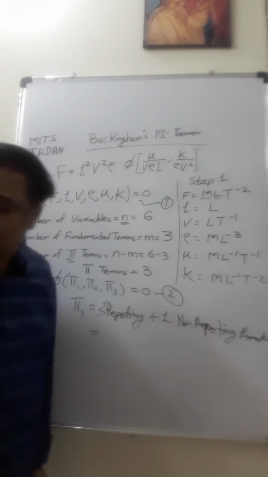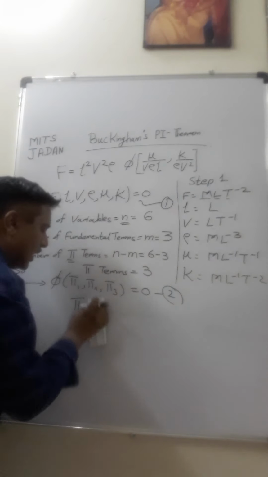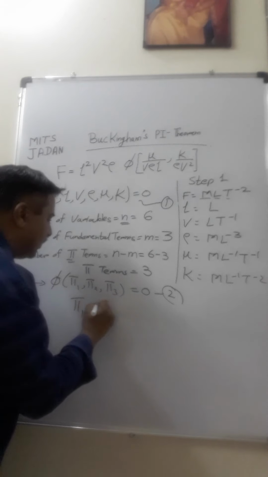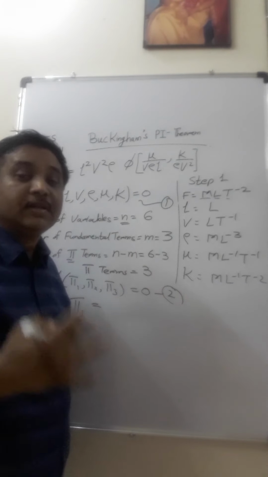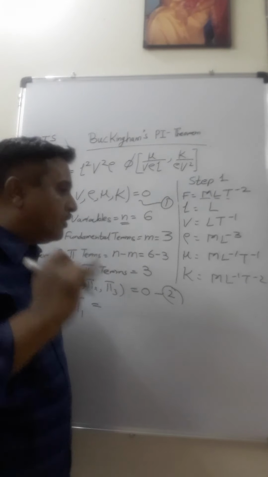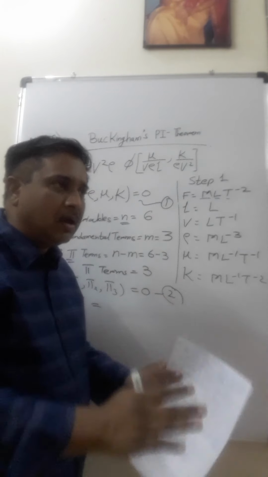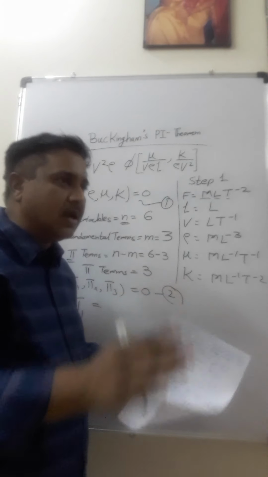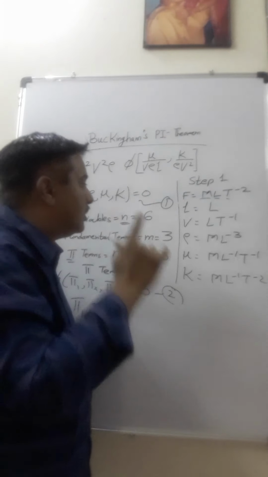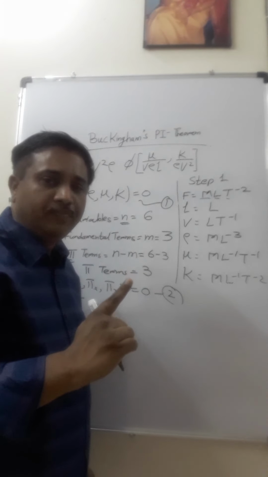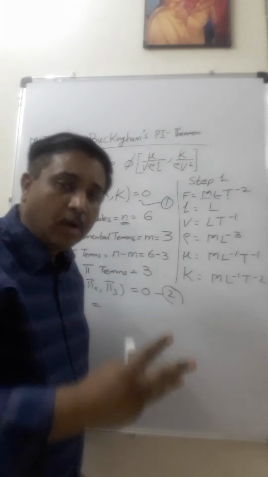Now let us solve this numerical. I am solving the first part. So the repeating parameters. Now how to select repeating parameters? It is a million dollar question. The idea is, first you select the simple parameters, so that you can handle them and your calculation becomes easier and faster. Now how to select those? Select one geometrical parameter, second one flow parameter, and third fluid parameter.